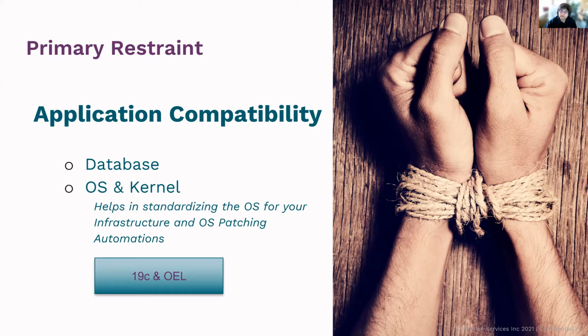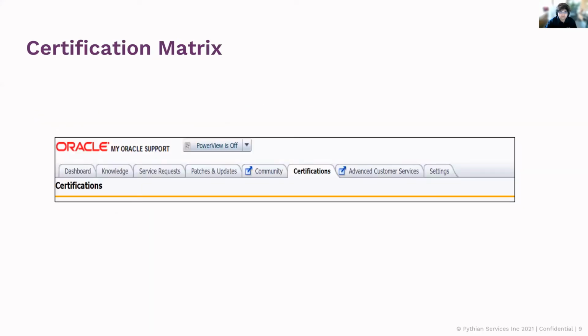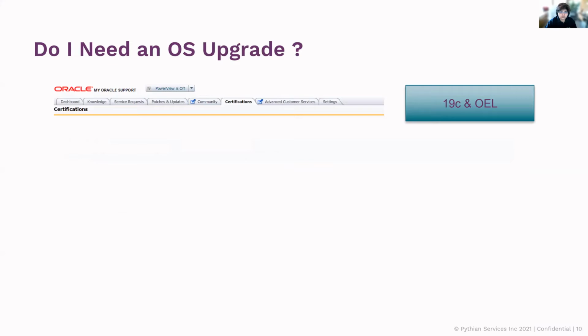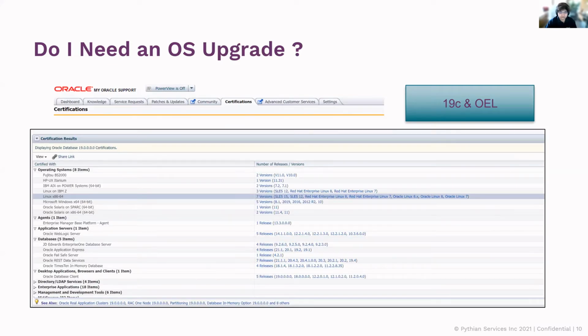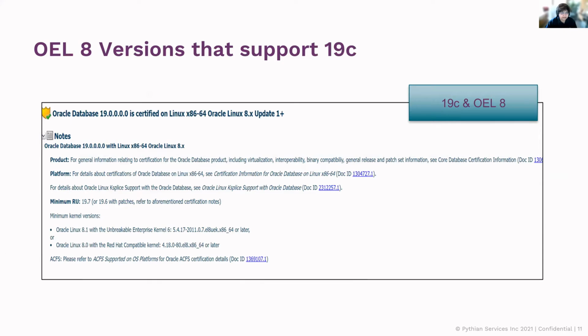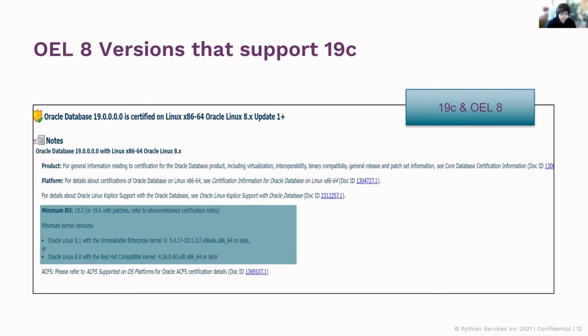So let's say, for the sake of argument, or in our example, we determine that we want to go to 19C and we're going to use Oracle Enterprise Linux, right? So what next? A very familiar screen. We plug in this information and we get this piece of result. We come to see that these are the versions that are certified with 19C, because we're interested specifically in OEL. So now we just open it up and we get a ton of information. The interesting bit in this information is the minimum RU that you'll look at, and the kernel versions. So this is probably where the fun begins.